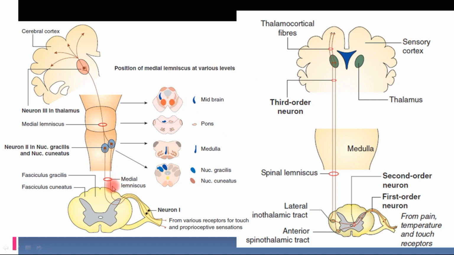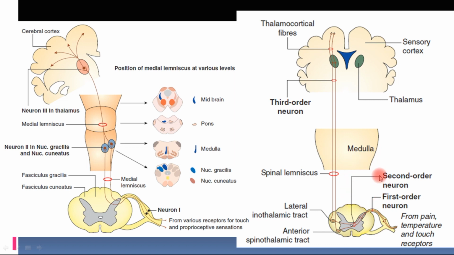As you can see, let us revise the ascending tracts. The dorsal column medial lemniscus pathway takes the sensation and ascends in the spinal cord, and as it ascends, it takes the sensation from the same side. That means if it is ascending on the left side of the spinal cord, it will carry the sensation of the left side. So it will take the touch and proprioceptive sensation of the left side and ascend on the left side of the spinal cord, and then cross over to the opposite side in the brain stem.